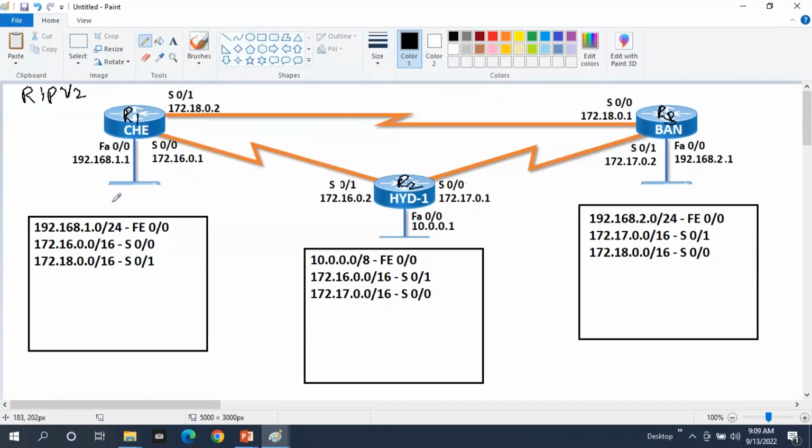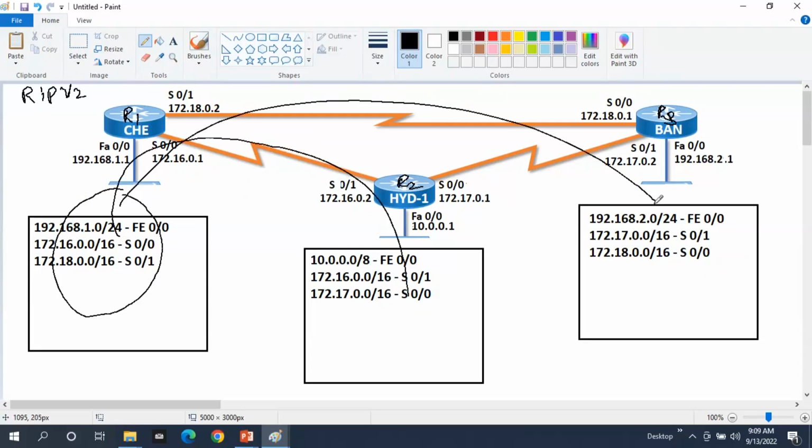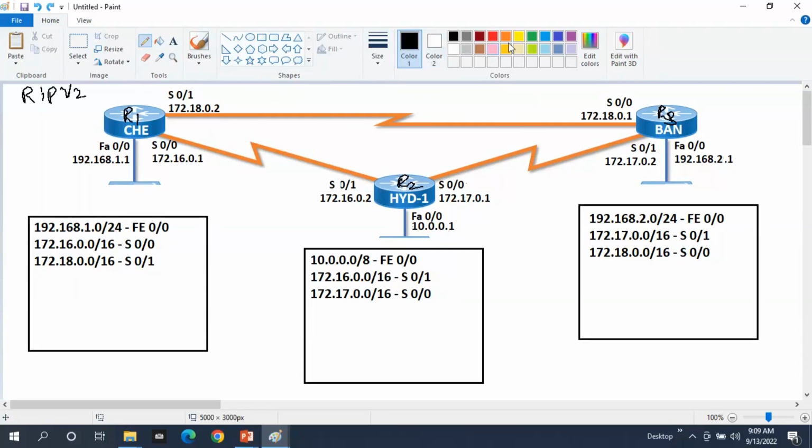For R1, which routers are the neighbors? R2 and R3. So R1 will send its complete routing table as the update to R2, and to R3, automatically. To send these updates, the RIP protocol will use one fixed IP address for RIP version 2,